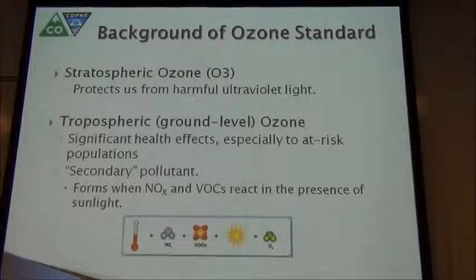That stuff's very bad if it gets in your lungs. It does the same thing inside your lungs. Ozone is a secondary pollutant. So carbon monoxide we call a primary pollutant. That means it comes right out of the tailpipe. But ozone, on the other hand, doesn't come out of the tailpipe. It's not emitted out of the gas